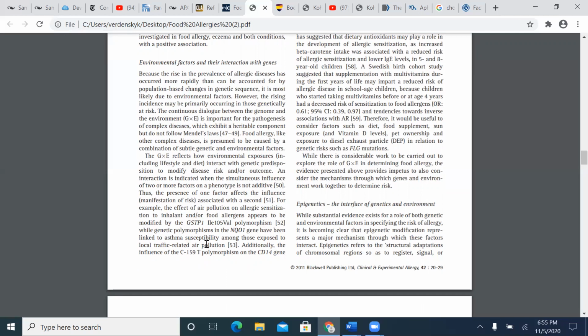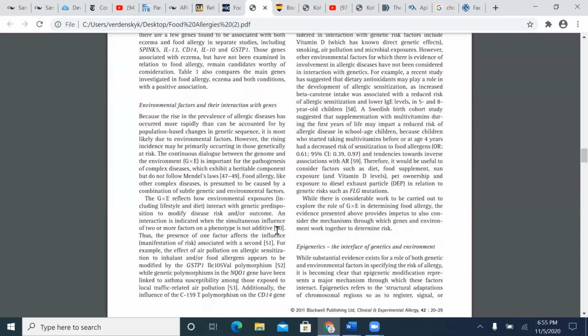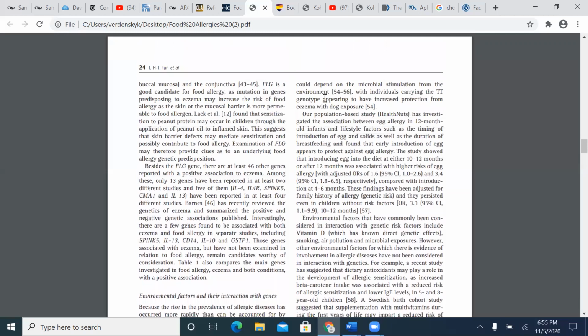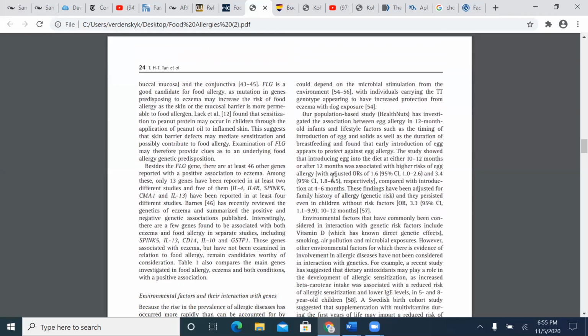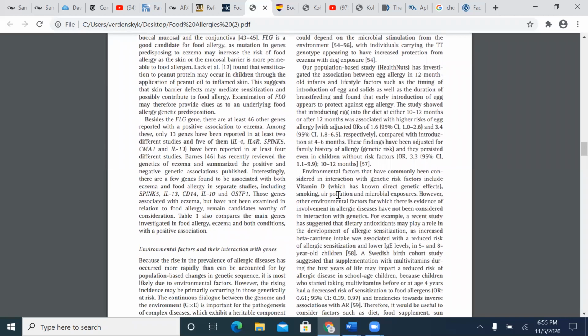So that's all talking about asthma. Additionally, the influence of the C159T polymorphism on the CD14 gene could depend on the microbial stimulation from the environment, with individuals carrying the TT genotype appearing to have increased protection from eczema with dog exposure. All right, so now this is talking about egg allergy and asthma. It's no longer talking about my peanut topic, but